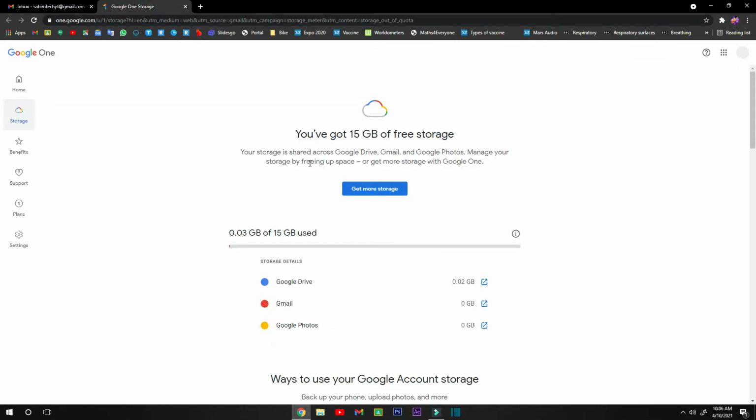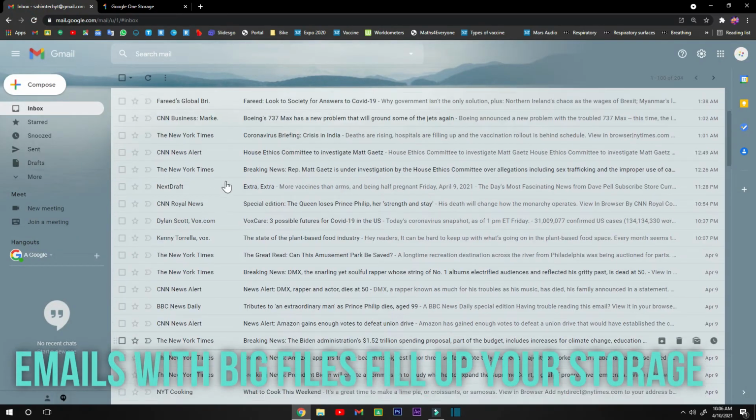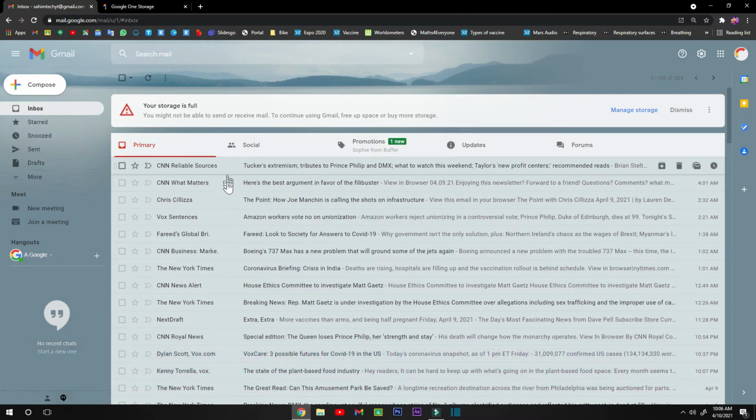And yeah guys, we're done with this tutorial. As you can see, I've deleted a huge amount of files. The most files which were taking up the space were the 3 GB and those 700 MB files. And now you can see I have just used up 0.03 of my whole space, and 0.02 GB of that space is from Google Drive, which is a few images which I haven't deleted yet, and also some emails which I also on purpose filled up by signing up to different newsletters, so that I get